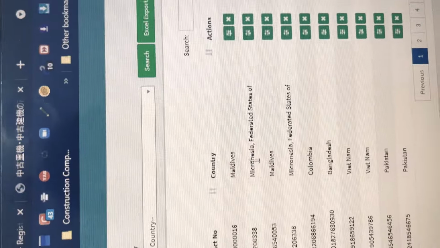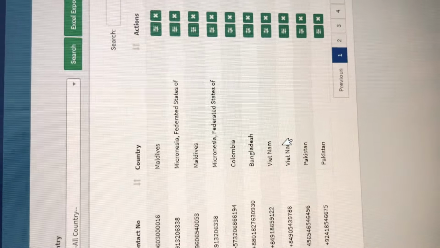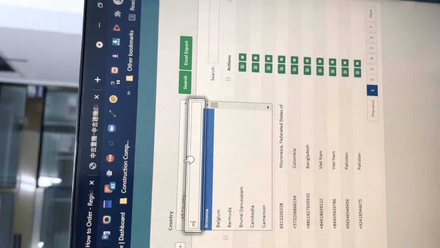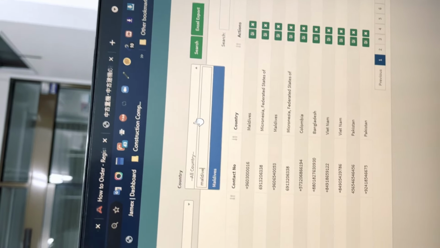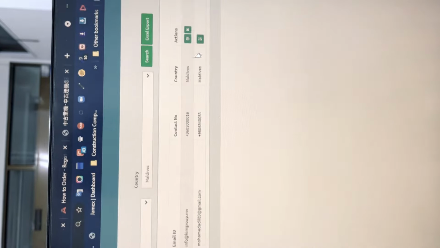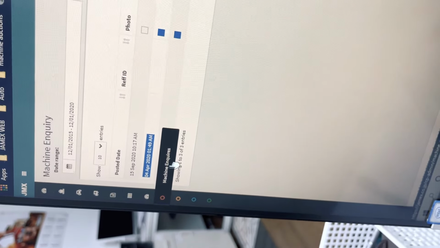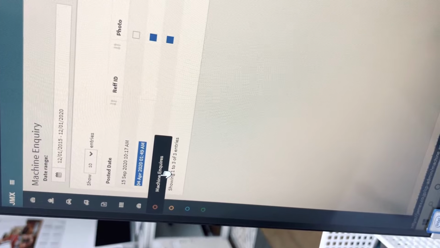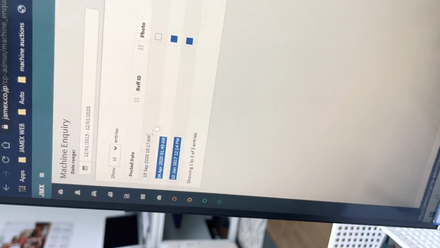We have clients from Maldives, from Sri Lanka, from Bangladesh. This is famous in Maldives. So let's suppose we want to send to all the clients in Maldives. How can we send that particular Kobelco to all these 3 clients using this system? So maybe for our stock, you have to move this system there so we can send a newsletter.